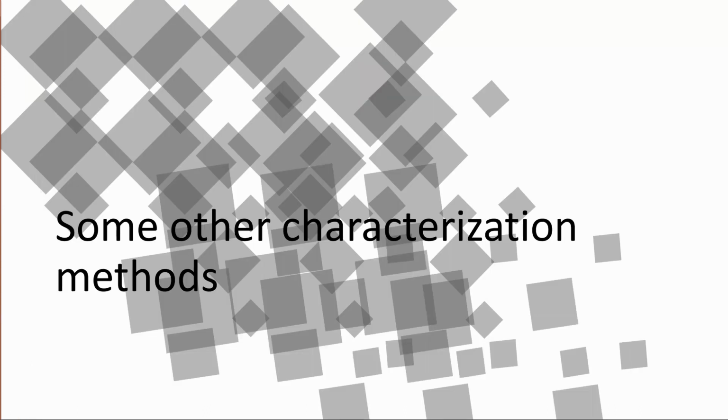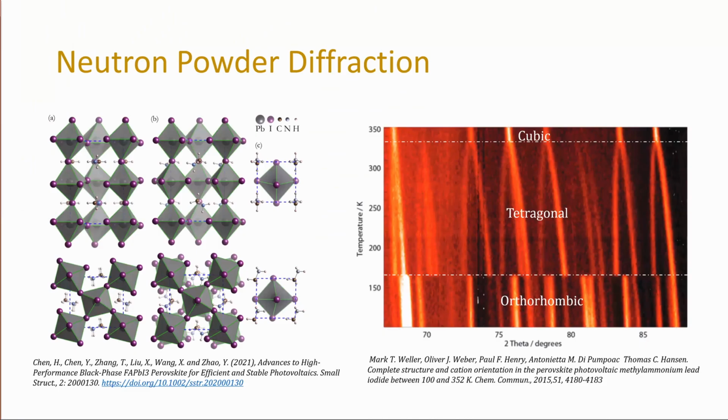So, of the other characterization methods, neutron powder diffraction is important. As stated before, it was used to determine the exact structure and measurements of the perovskite. The theoretical X-ray diffraction patterns that were used in other research were derived from the measurements taken from the neutron powder diffraction. The figure on the left shows the orthorhombic, tetragonal, and cubic structures that were derived from the neutron powder diffraction. The orthorhombic structure is not of interest for solar cell research because it's formed when the perovskite is cooled and has no photovoltaic properties,